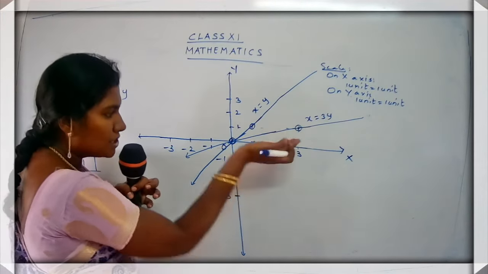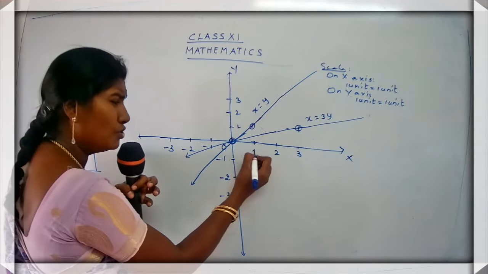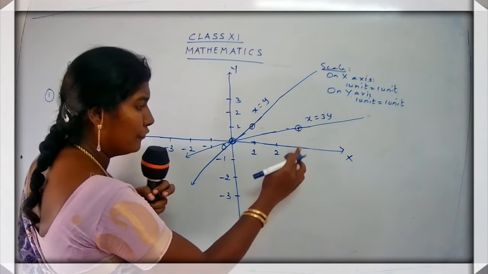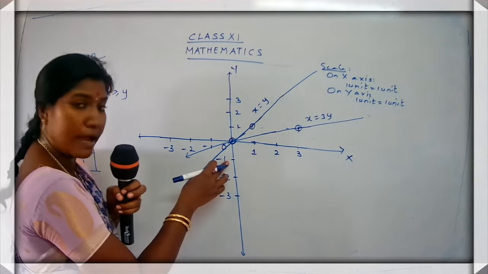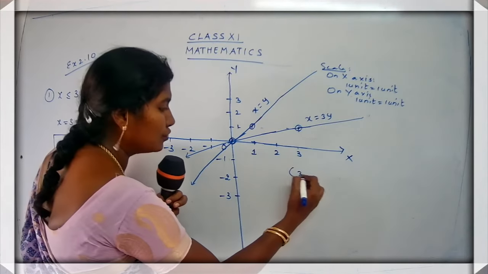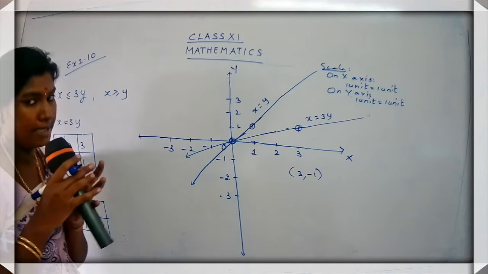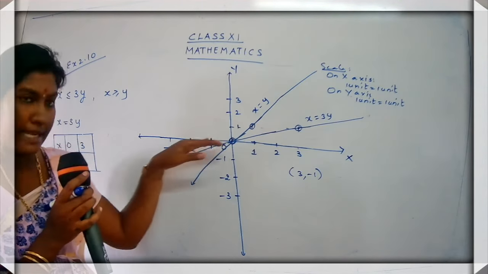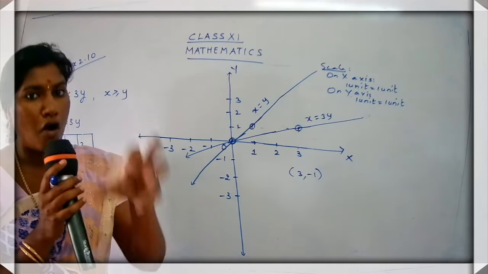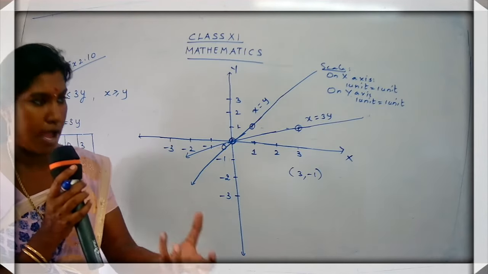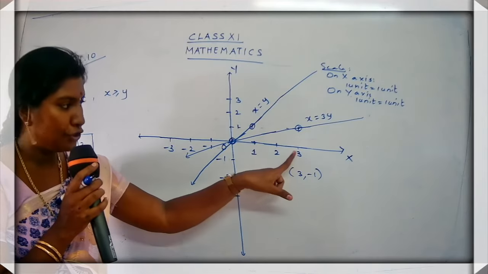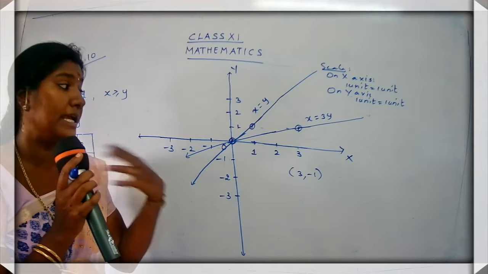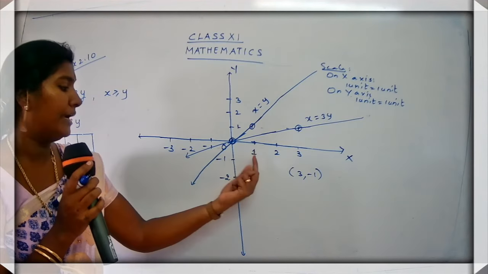So here, this is the graph, okay children? You can just take any value of your own choice. I'm going to take the value for x as 3 and the value for y as -1. That is, I am going to choose the coordinate (3, -1). This is a line, yes? So we are going to choose a coordinate below this line. This is our choice; you can take (2, -2) or (1, -3).